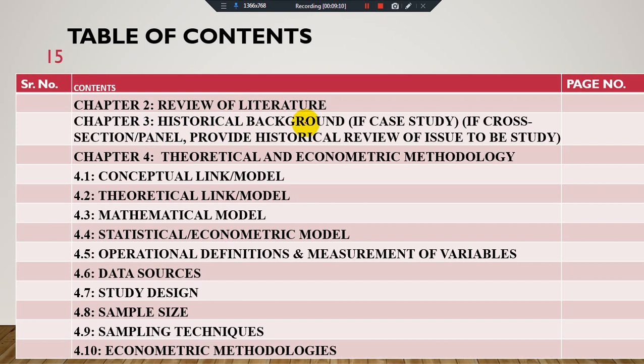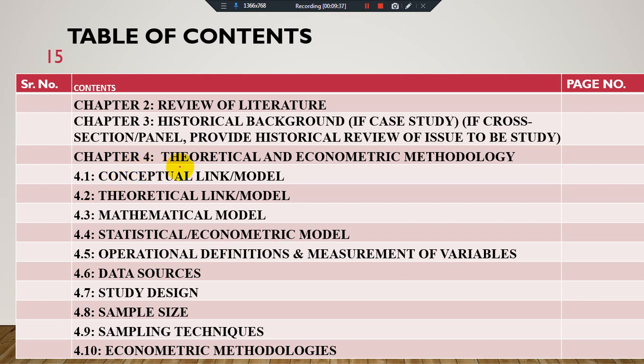If you are conducting a case study, then you provide the historical background of your case study. But if you are dealing with a cross section or panel study, you have to provide the historical review of your issue, rather than moving toward the historical background of your case. And then you have chapter 4.